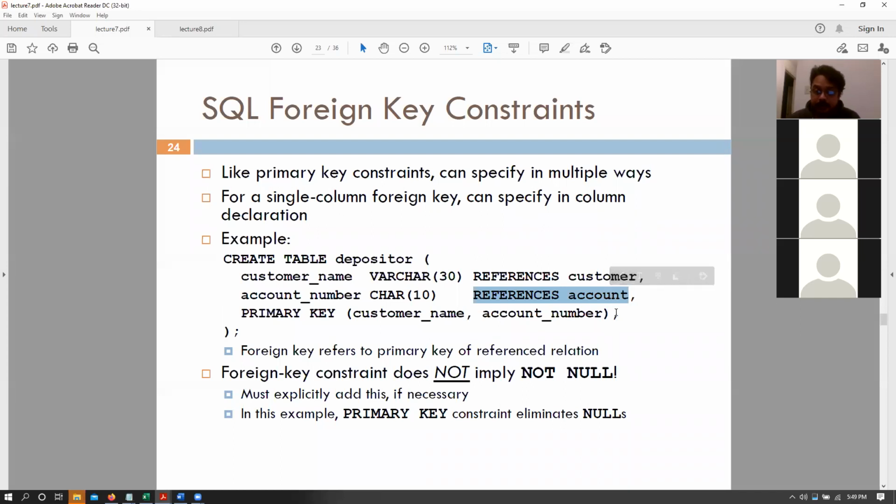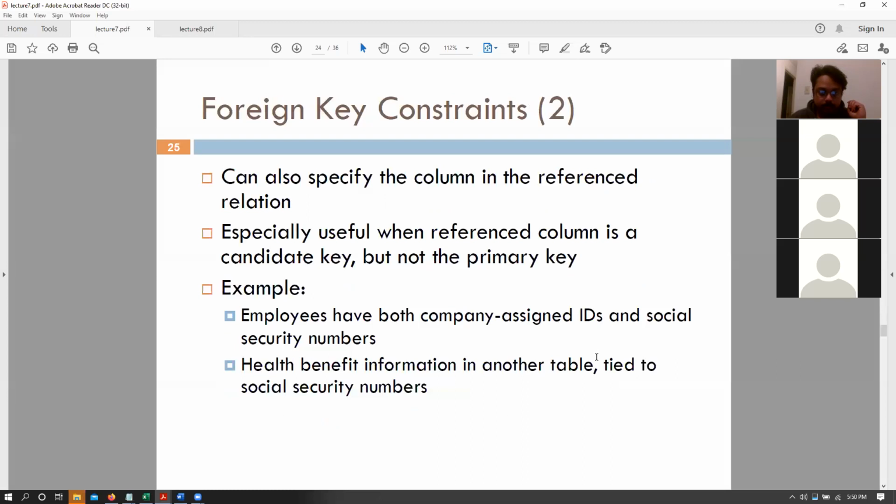One thing to remember in terms of differences between foreign keys, unique values, or primary keys is that primary keys are the only cases which do not allow null values. Foreign keys and unique values allow null values, right? So a foreign key constraint on its own does not imply not null. So if there is a null value as a particular attribute in another table, that also means that particular null value would be considered as a foreign key constraint in another table. And that leads to all sorts of messes that is possible, but essentially keep that in mind as well.